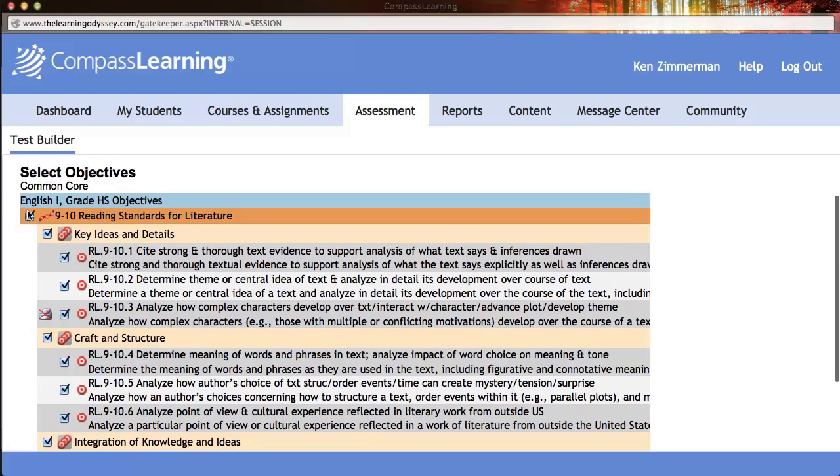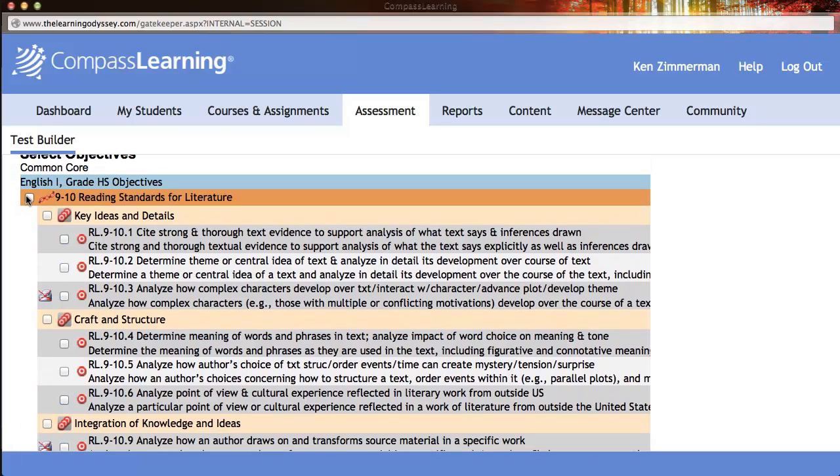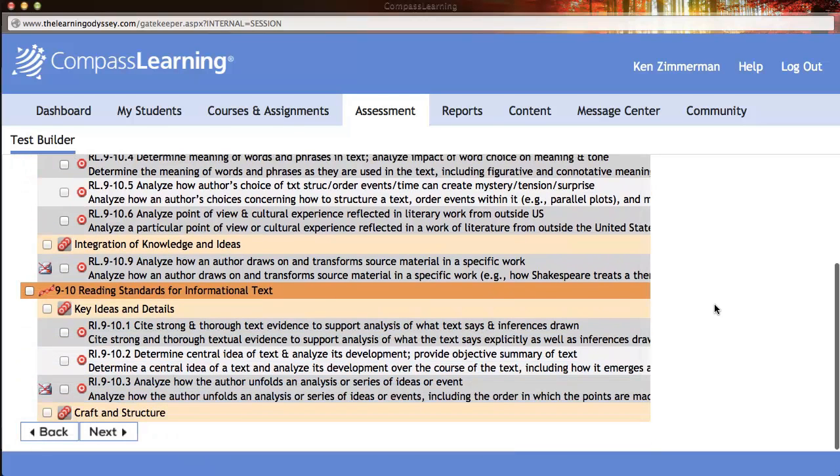So in this case, if I would choose this strand, it would choose the entire strand, which would end up being way too much, particularly for English, because as the pretest is created, 4 to 8 questions will be associated with each one of these targets, each one of these standards. And in addition to that, you will have a passage which the students will have to read in order to answer the questions. So you want to be careful with your time. If you only have 20 minutes, particularly in your independent rotation, you might just choose one or possibly 2 standards. For my case right now, I'm going to choose 2 standards,